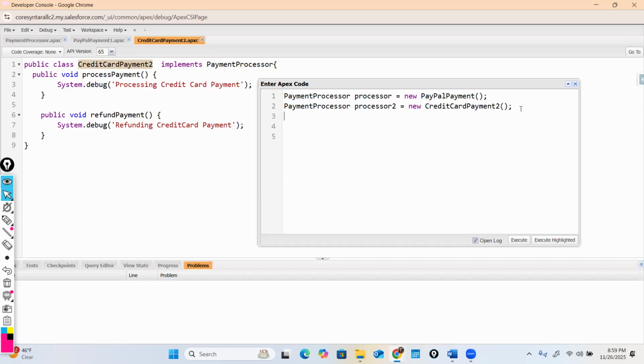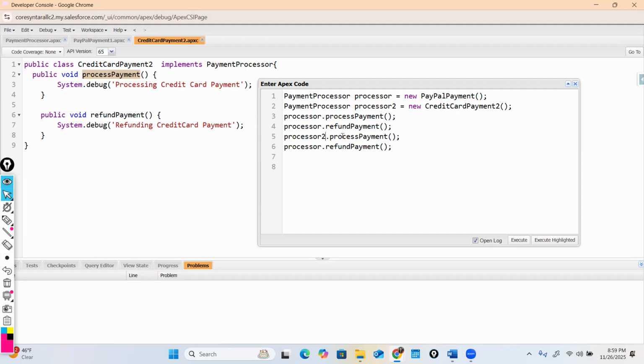And then here if I say processor dot process payment, and then again if I say processor dot refund payment, and then here if I do processor 2,